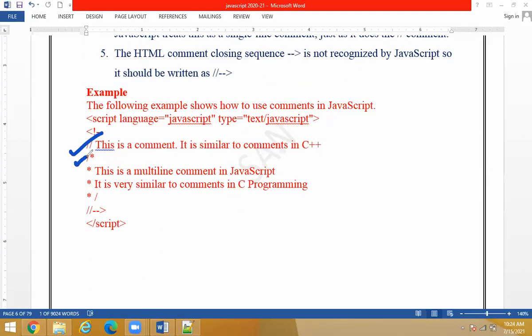Now this is a multi-line comment, students. Okay, this is a multi-line comment. You can add stars also. You can use a single line comment as well as multi-line comments, right? So this is about comments, students. Let me go to the next section now.